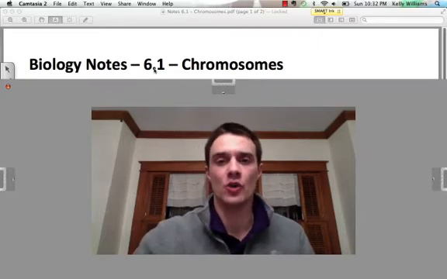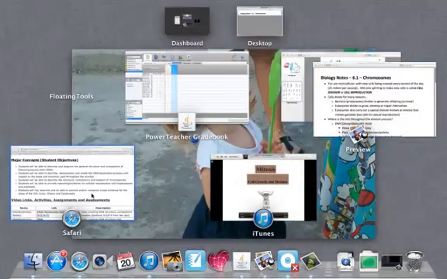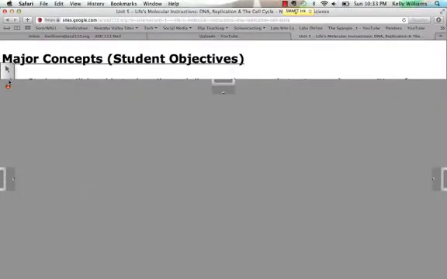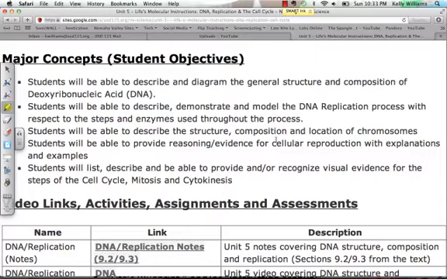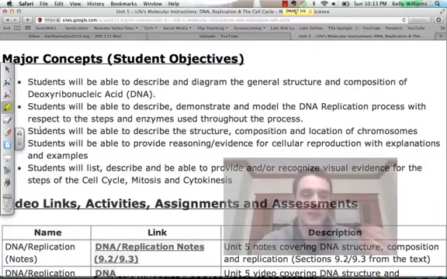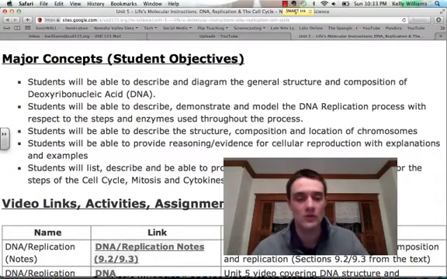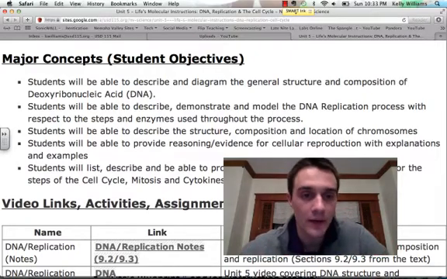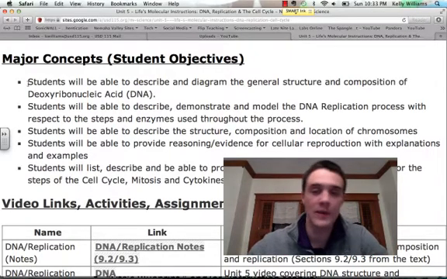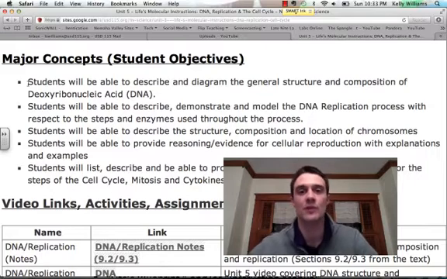All right, so if we check the major concepts on the website, remember that stuff that Mr. Williams says, hey, this is what I want you to know. This is what you should be learning. This is what you will be assessed over. Let's take a gander at it, okay? So we've knocked out these first two major concepts, spent the last 2 to 3 class periods really hammering home